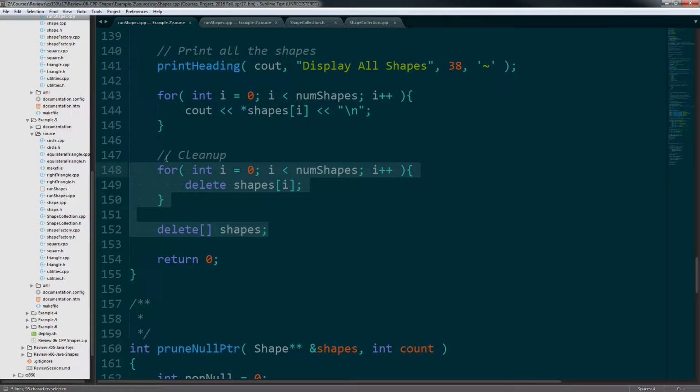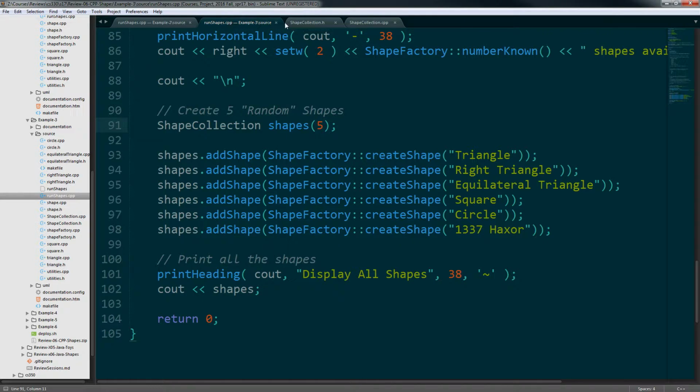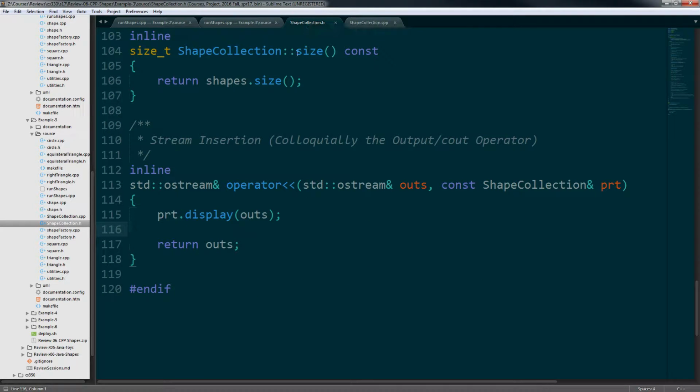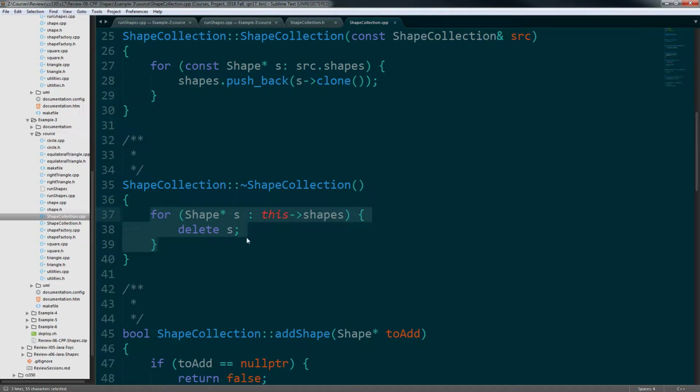It's more or less one of those standard template lines of code, if you want to call it, a standard code snippet, right? Deleting an array of pointers. Delete everything in the array, delete the array itself. Now jumping back to example 3, we finish the destructor,